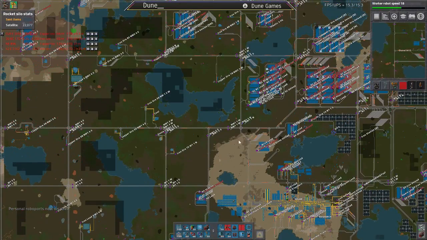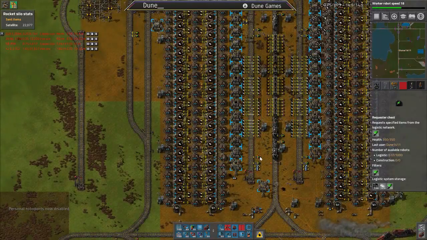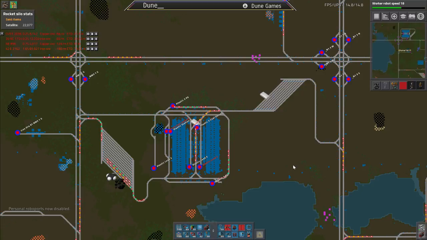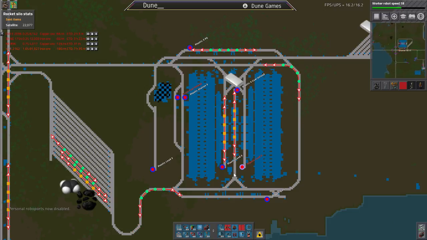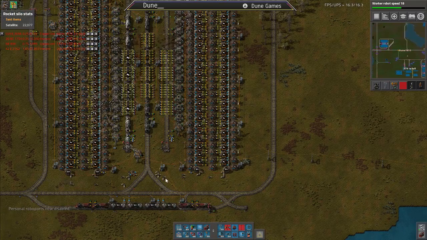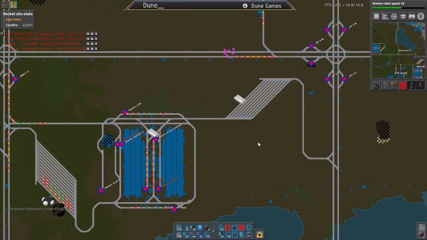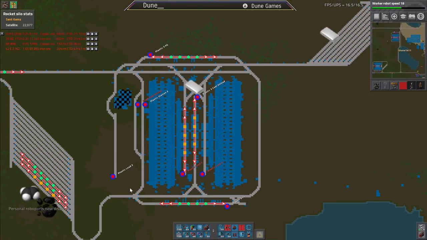So really the real solution would have been to create another one of these loading stations. Which is a little lazy on it, I guess. Because basically this is one really ugly build. Even though it's